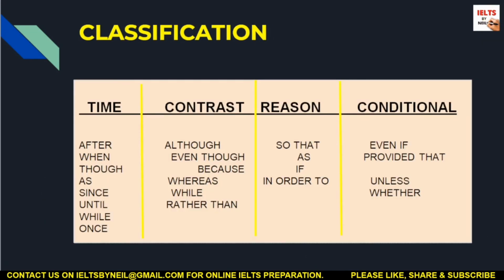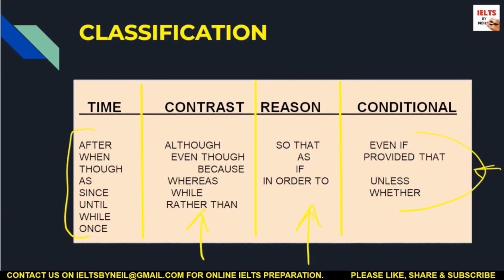here I've done a classification of subordinating conjunctions. When we are talking about time, we have to use these ones. When we are talking about contrast, we have to use these ones here. And if we are giving any reasons, these ones are to be used. And if we are talking about conditions, these are to be used. So you just need to learn these subordinating conjunctions. Okay,